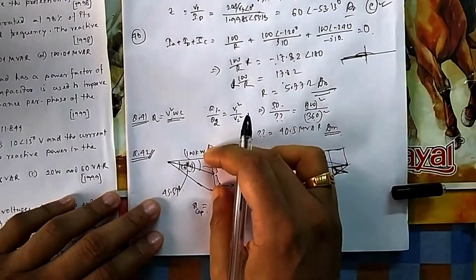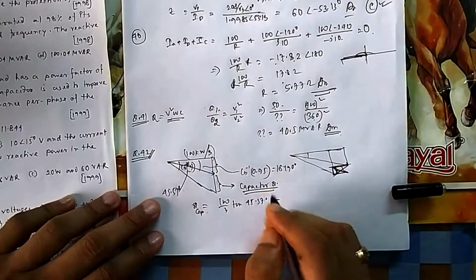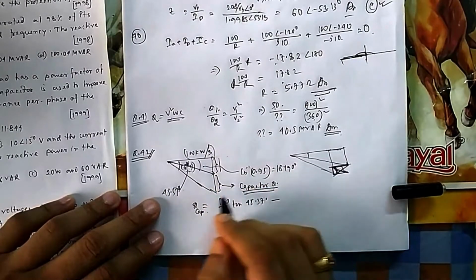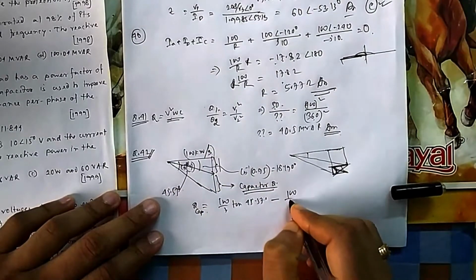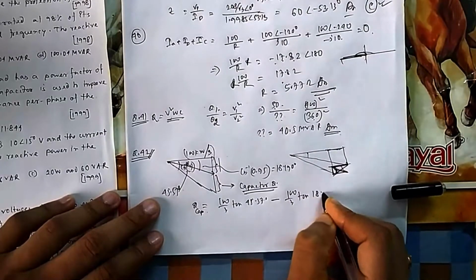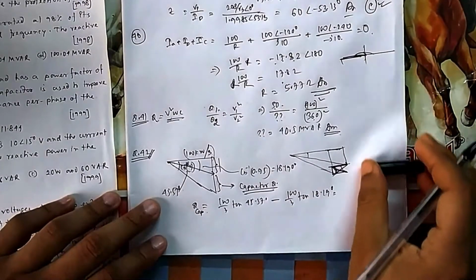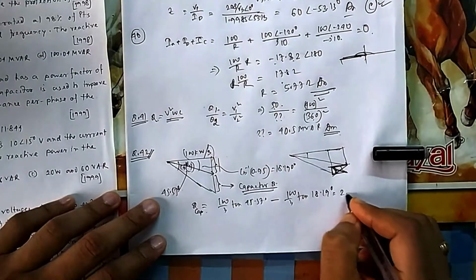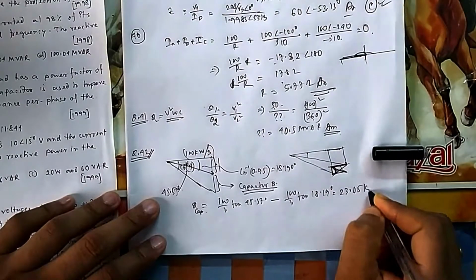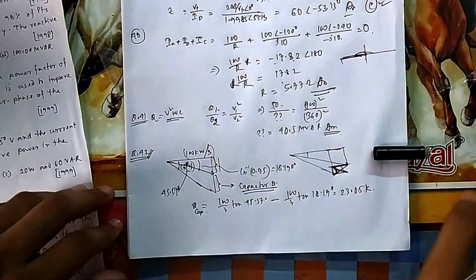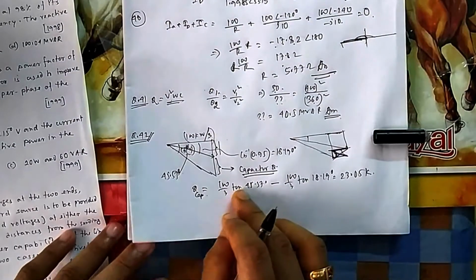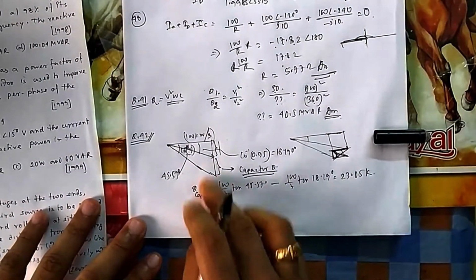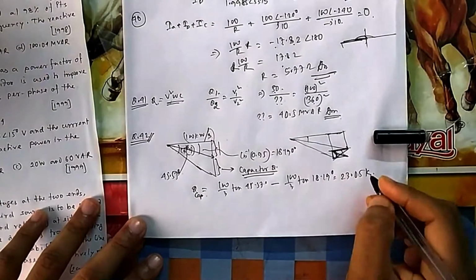This tan theta will give you this, because this by this is 10, minus this portion will give you the capacitor equivalent. That is again 100 by 3, 10, 18.19. So if you do this one, it will be 23.05 K. You can find some formula based on this also, but I always recommend don't remember formula. Remember the drawing, use the concept, then you will easily find it. So that will be kVAr.